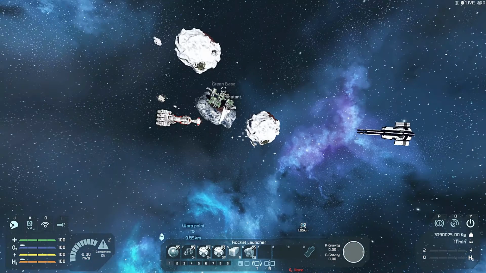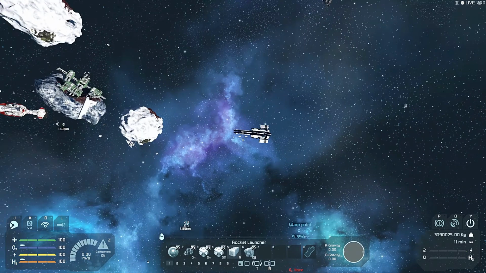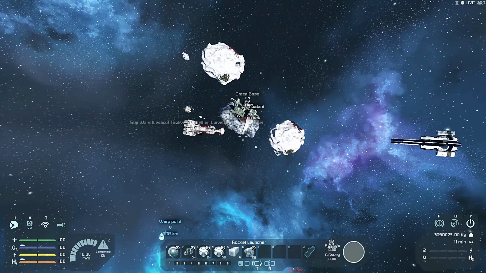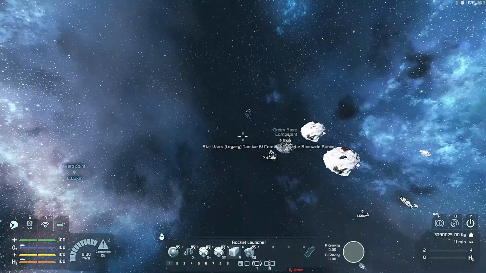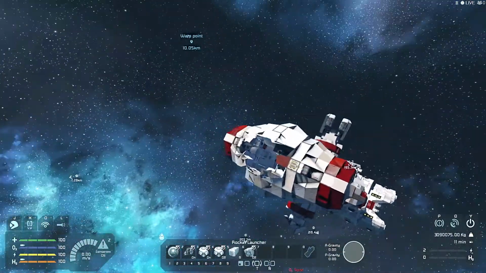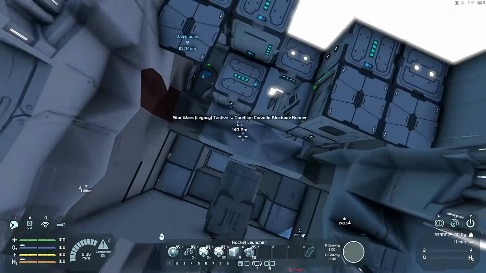the ship that launched the round was the M.A.C.s over here. And the ship that is lagging out from the impact is the legacy version of the Tantive IV Corellian Corvette by Perfect Blinky. And as you can see, that penetrated,